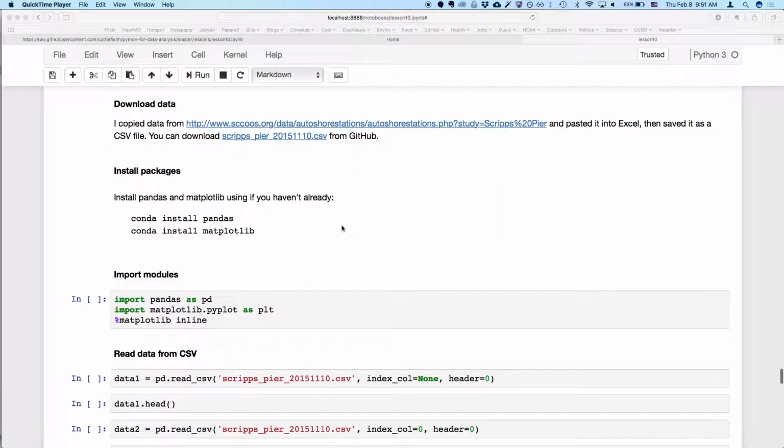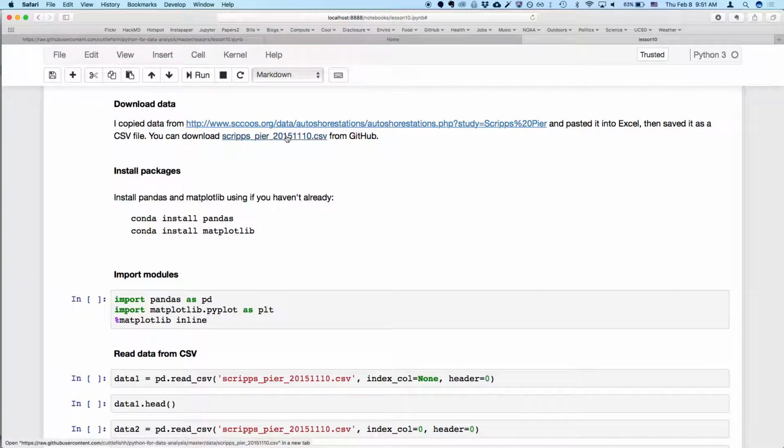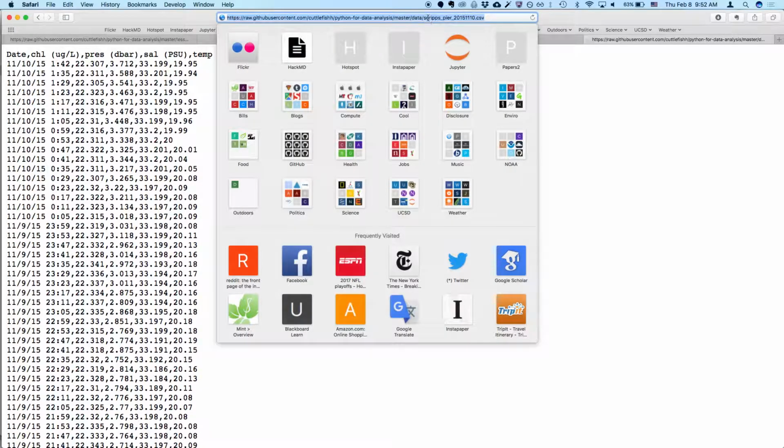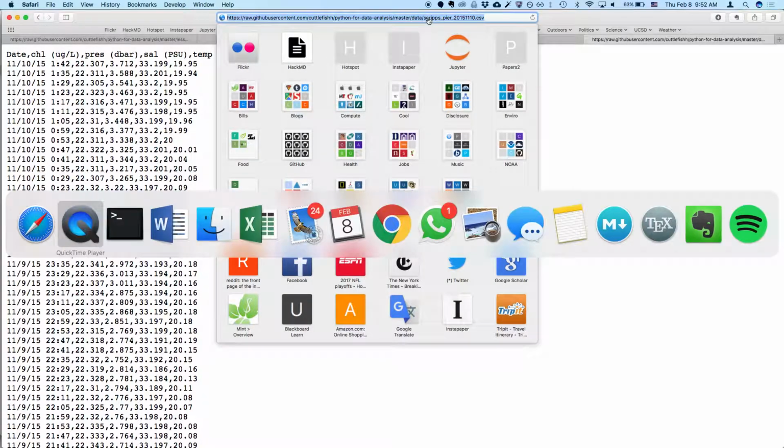So for the tutorial today, we need to download a file. So we're going to click on this link here. Let's see what happens if I just click on it. Okay, so it'll just open up a new tab, and this is linked to our data directory in the GitHub page. So we can just copy this link,